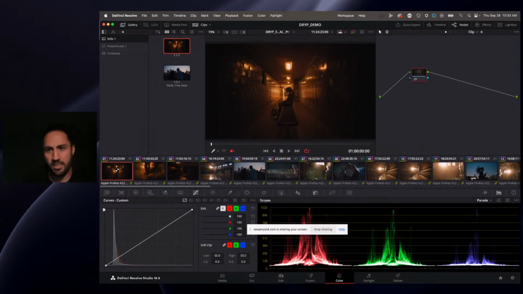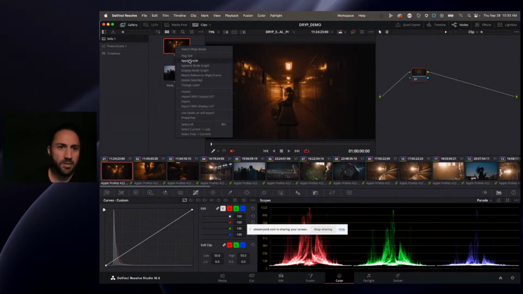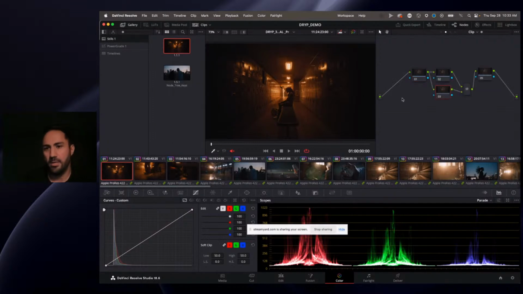But once the project is edited, first things first, we want to balance things out. So I mentioned I have a sort of node tree that I like to work with, and it's very simple. I'm going to apply it right now. I have one serial node at the beginning, where I do all my color correction, my matching adjustments, and contrast base correction. After that, I do a series of parallels, and I can add more layers to it. I like parallel nodes because your input to all of those nodes, as you can see by these lines,